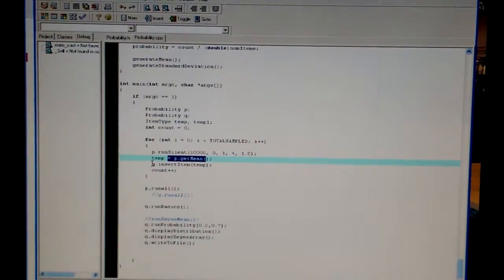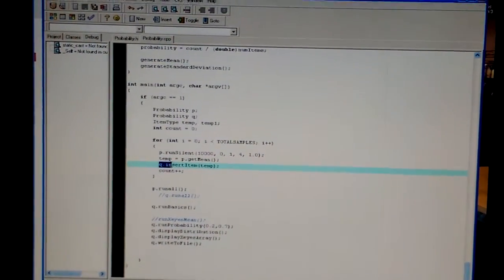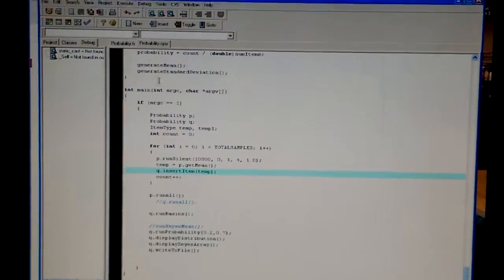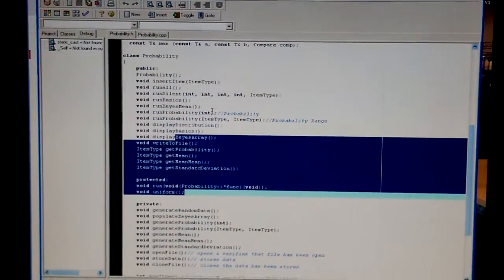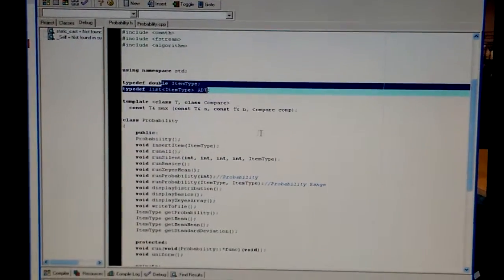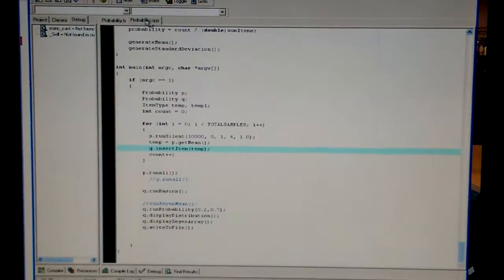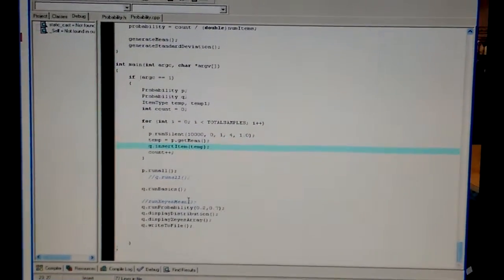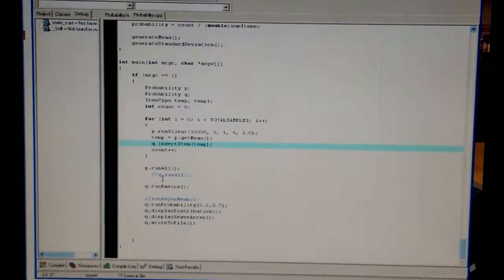So then we start another instance of a probability class called Q, and we insert it into its list, which is an ADT, type of doubles. See there? Typedef double, list, item type, ADT. Alright, this is getting kind of confusing. So we run Q run all, and that